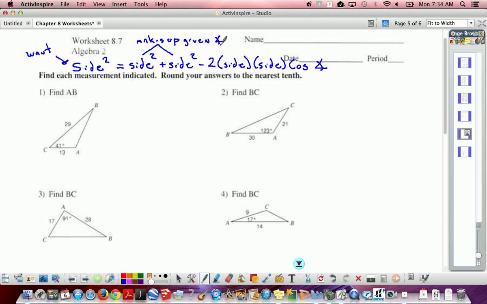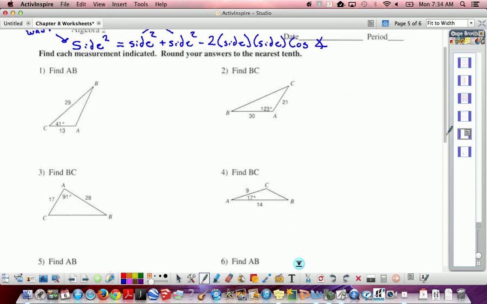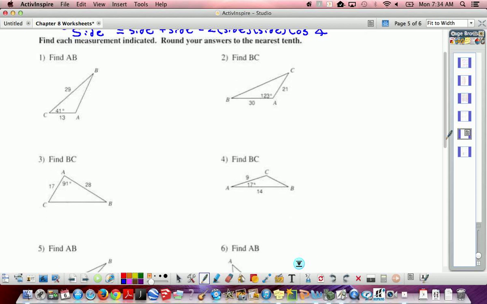So to put this in practice, let's take a look at number 1. I'm trying to find side AB. So it's across from angle C, so I'm going to label it little c. So that's the side I'm trying to find. So c squared is going to equal, here are the two sides that make up the angle. So 13 squared plus 29 squared minus 2 times those sides, 13 times 29 times cosine of the angle measurement,